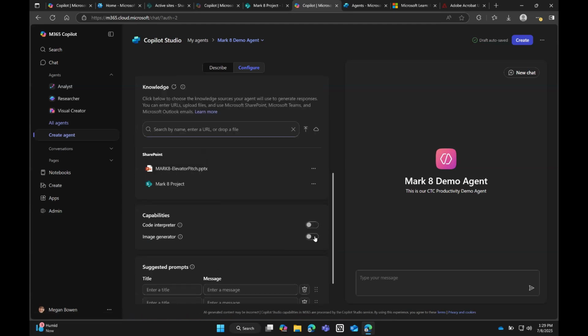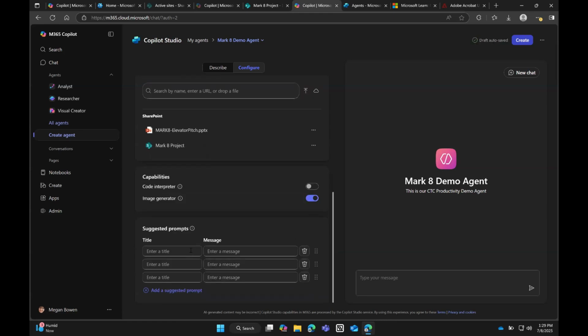You could also add in an image generator, depending on your business, whether you want to use that or not. You can also create suggested prompts. So for example, let's say this was the proposals and contracts agent. Maybe there's one question that you hear as a manager 10 times a day. You can put that title. So I'm going to say commonly asked question, and there is a limit. Well, let me put it in, it will. And then I can say, what are similar proposals to CTC productivity? because you hear that question 10 times a day.